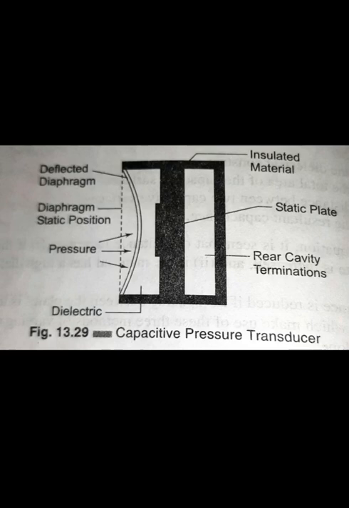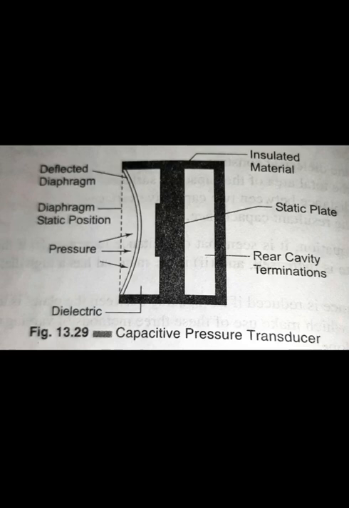Hence the dielectric constant of the unit does not change for different types of pressurized gas or vapor. The capacity is purely a function of the diaphragm position, and this device is non-linear. Changes in pressure may be easily detected by the variation of capacity between the fixed plate and another plate that is free to move with pressure changes. The resulting variation follows the basic capacity formula. That means C is equal to